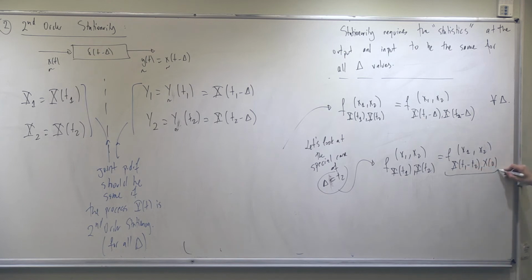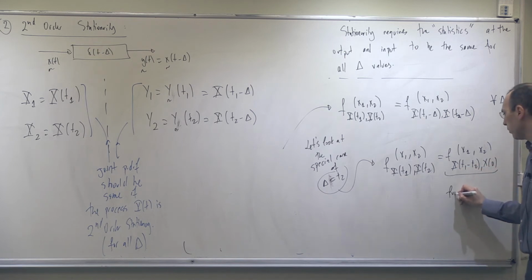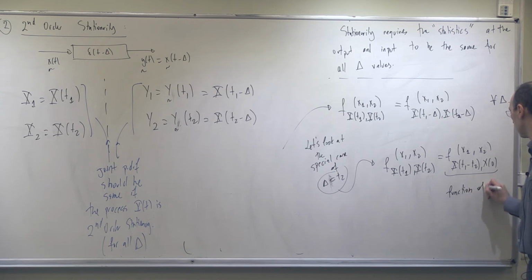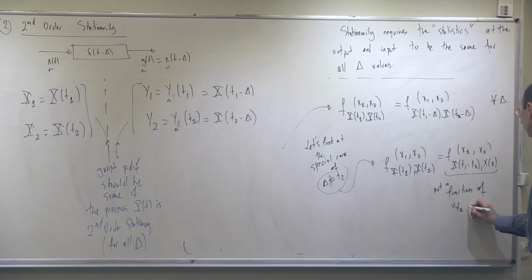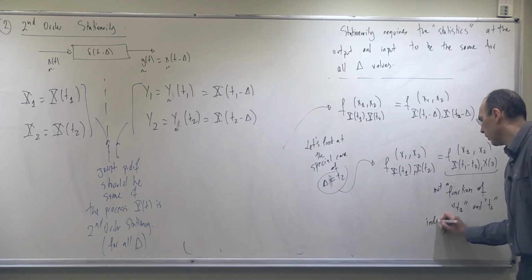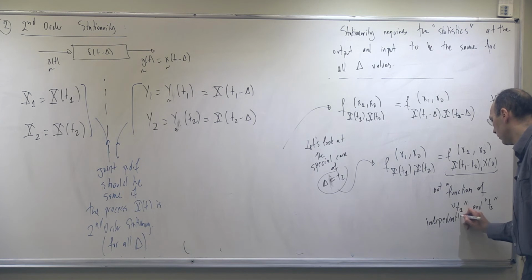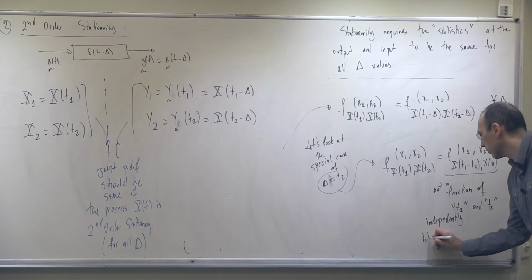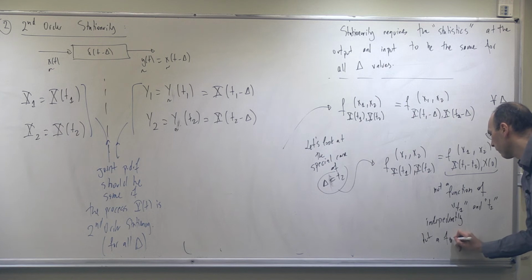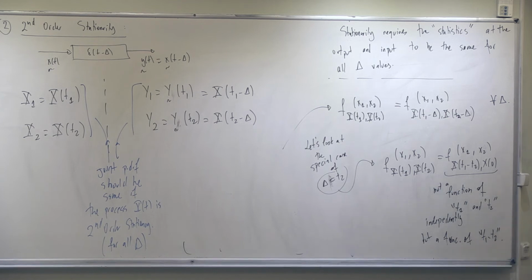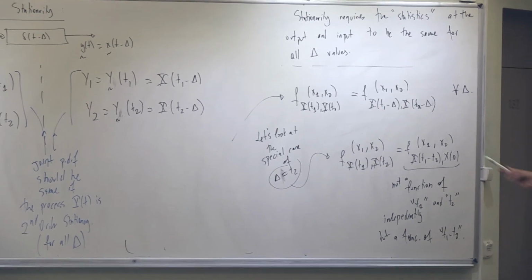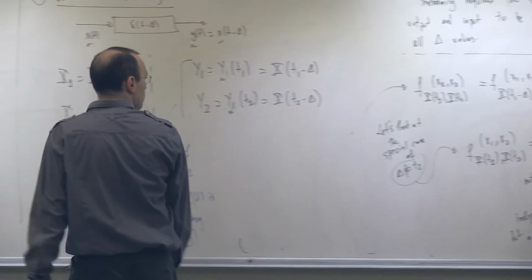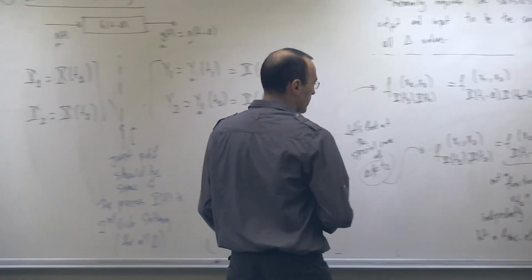So what kind of function is this? So we see that this is just a function of, so you don't see T1, not a function of T1 and T2 independently, but this side, a function of T1 minus T2, okay? T1 minus T2. Well, you see something like that. So what's going on? So how can I have a result like that?